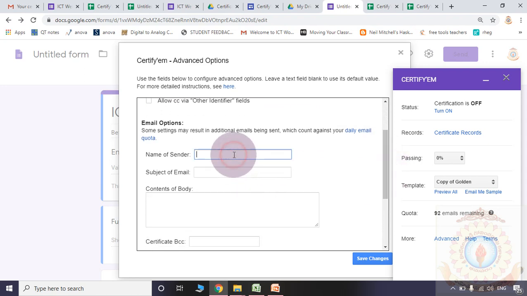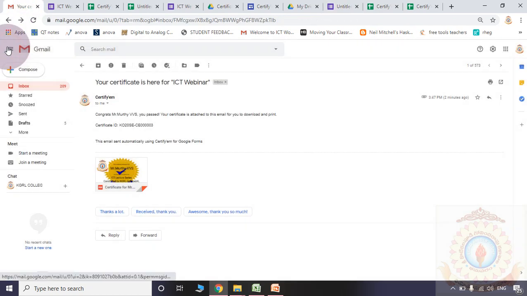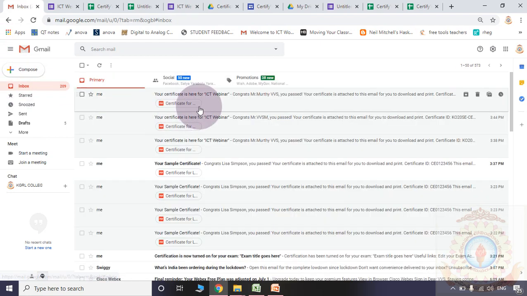Name of the sender. So who is the coordinator for your program? That name you may type in this place. What is the subject of the mail? This is the participation certificate from KGRL college. Here you may type like that. The same subject of the email will be observed as the subject of the email.